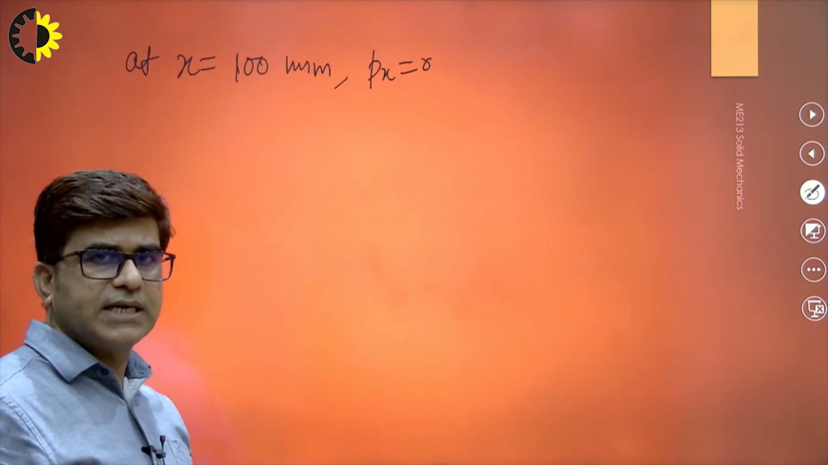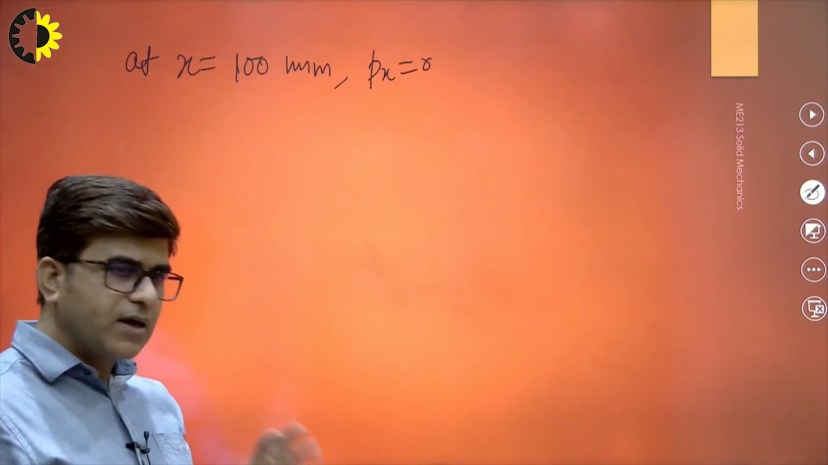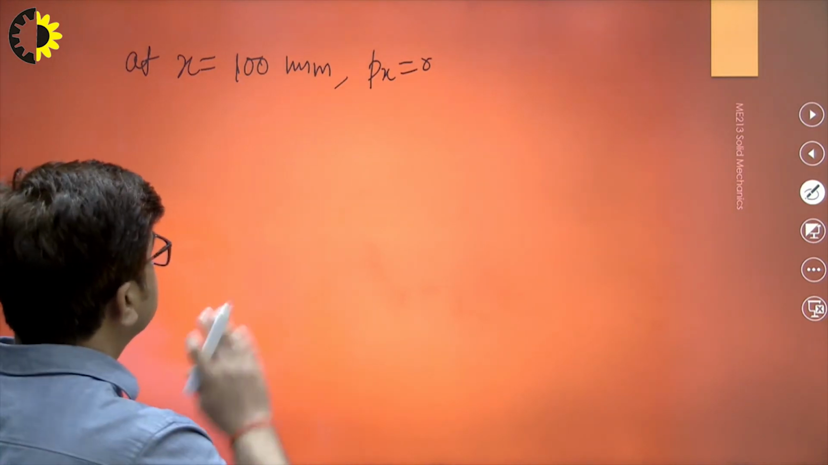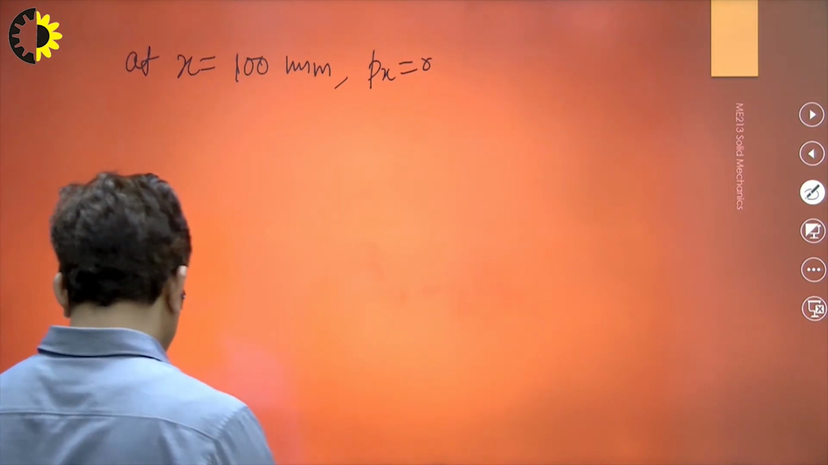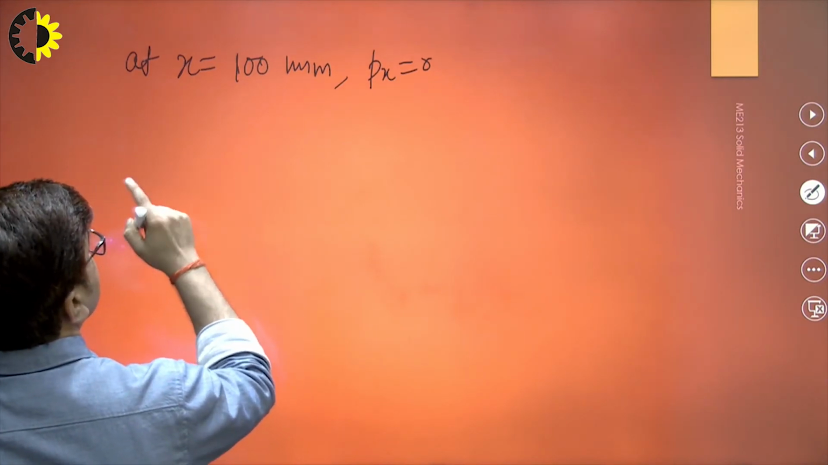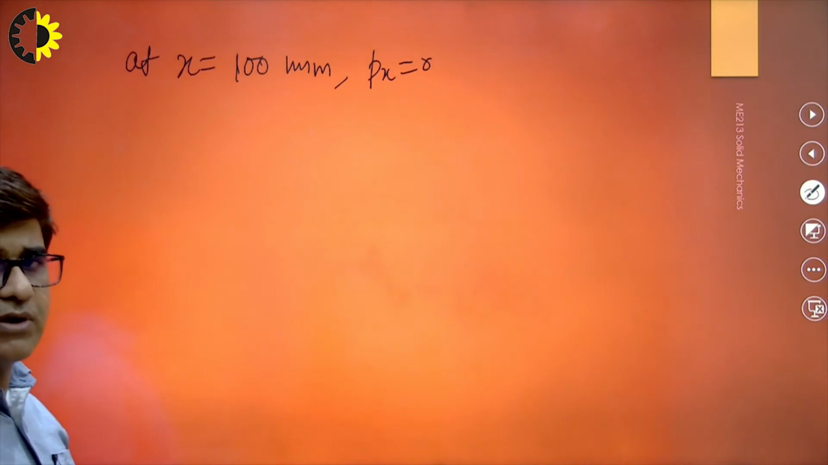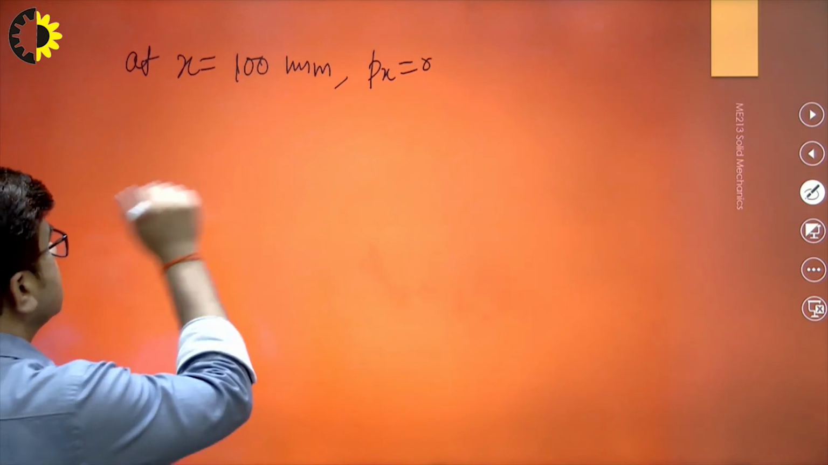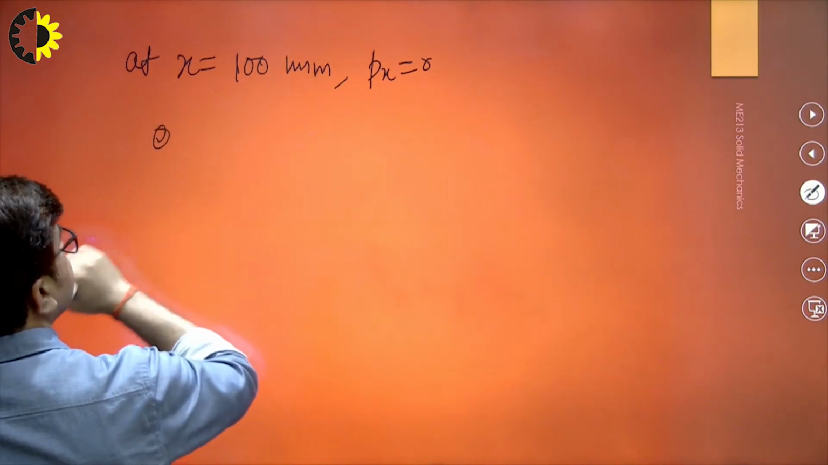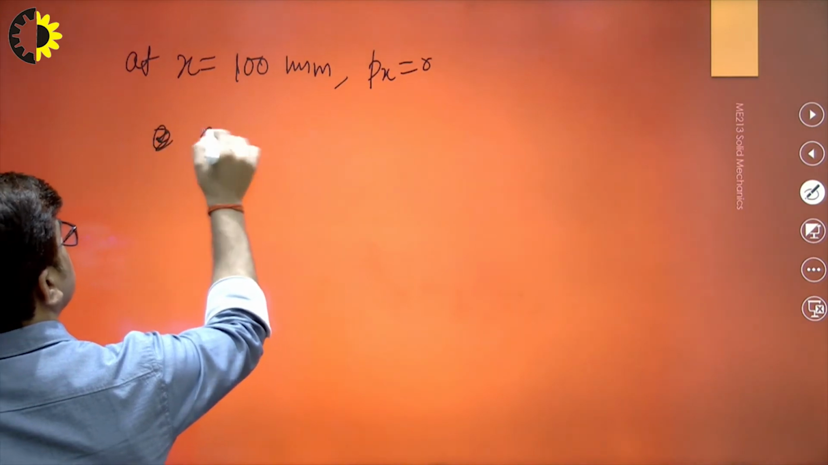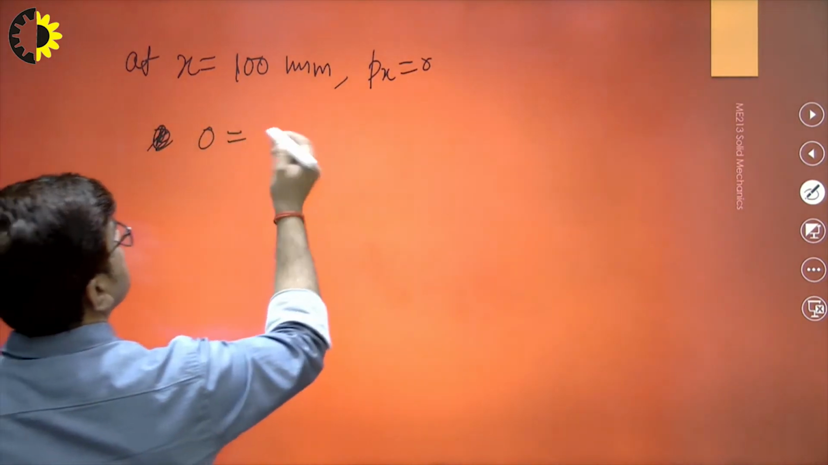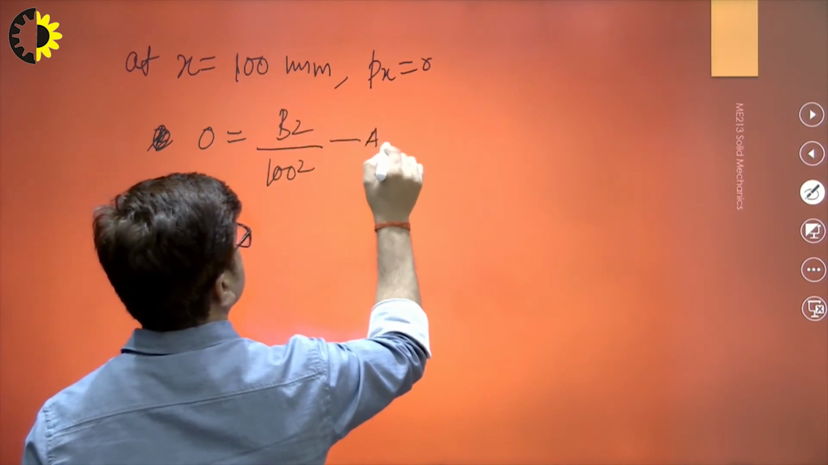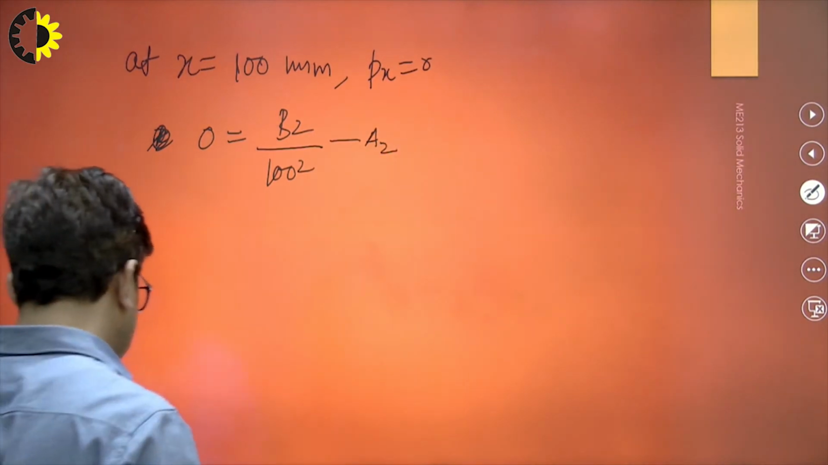So here we are considering the case if no fluid is there inside the cylinder. We have just shrunk one tube over the other. So this Px is going to be 0, and at x equal to 125 mm, means at the junction, Px is given, that is 8 Newton per mm square. If I use this condition, Px, which is 0, equals B2 by 100 square minus A2. This is equation third,